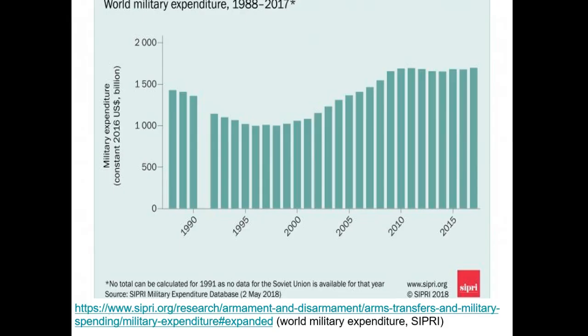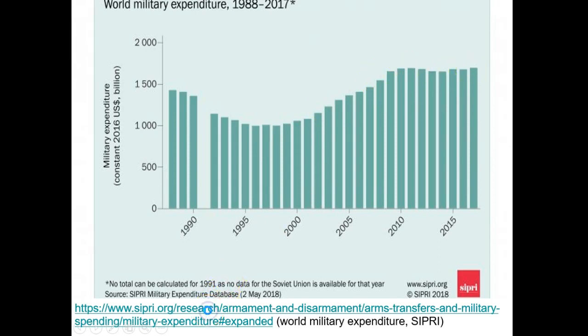So what I want to do is show you a couple of graphs so you can understand what I'm talking about here for real. Okay, so have a look at this. Military expenditure from 1988 to about 2017, which is the latest data we can get from SIPRI. Look at that, it's huge. So there's a bit of a decrease we saw there in the 1990s, then it goes back up, and now it's very, very big.